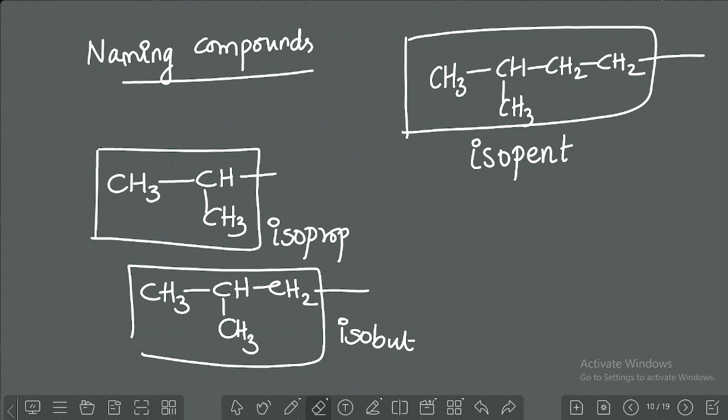Next one, IUPAC naming. So definitely 2 marks you can expect for naming compounds. It may be IUPAC or common name, right? But here, first I have written the difference between iso,